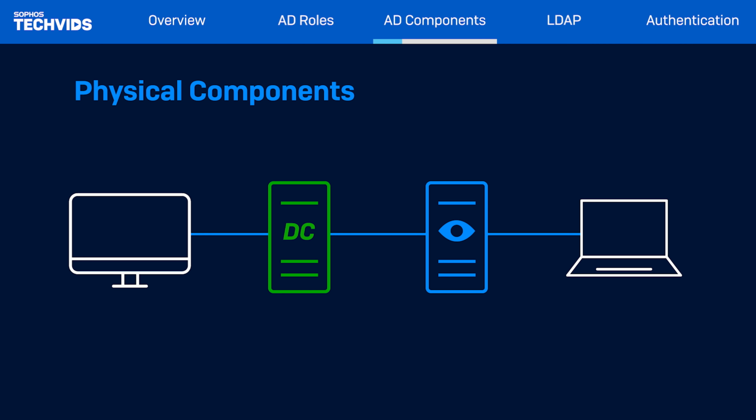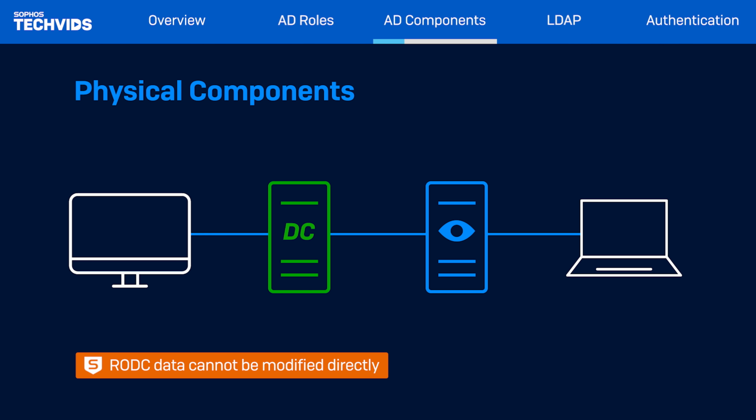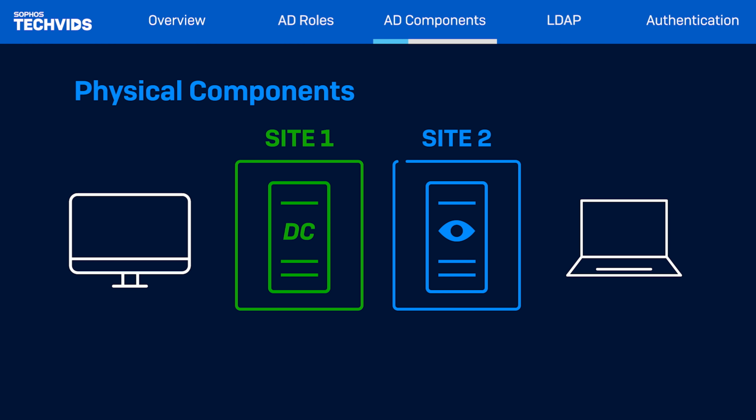It replicates its data with other domain controllers and can be used for authentication and authorization. However, data cannot be modified directly on the RODC. This provides redundancy and availability in Active Directory without adding a potential security risk to the network, should the server be compromised. Sites are a way to group domain controllers and collections of users, groups, and computers as defined by their physical locations. This can be useful in planning administrative tasks such as replication of Active Directory.